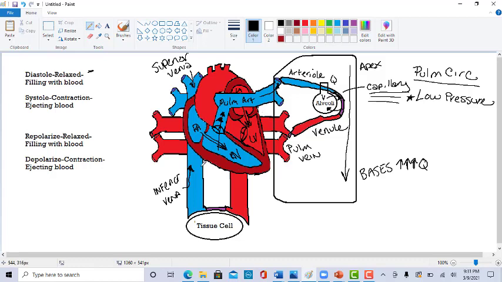And then when it contracts, that oxygenated blood that has come from the lungs is now going to eject out through your aortic artery, up here into your head, down here into your body, right? And that is going to be how the tissues get their oxygen. So you've got this oxygenated blood leaving the left side of your heart through your aortic artery. Down here, it's going to go from the artery